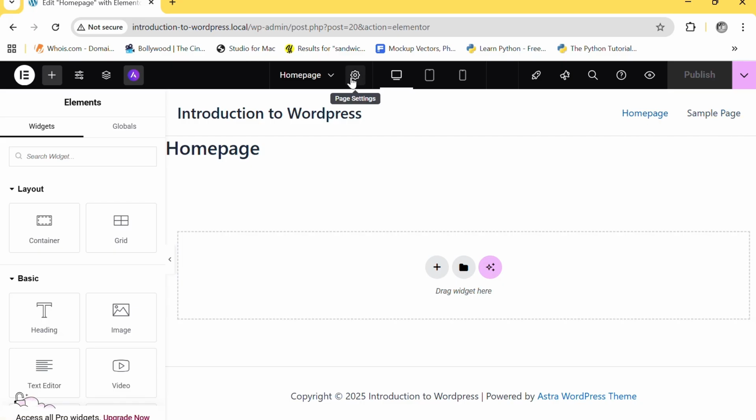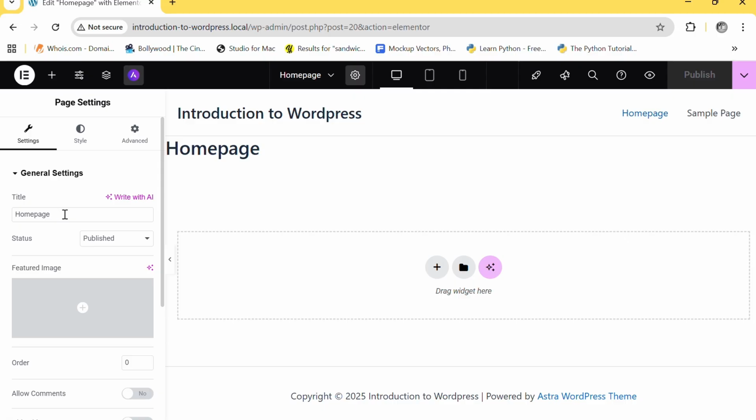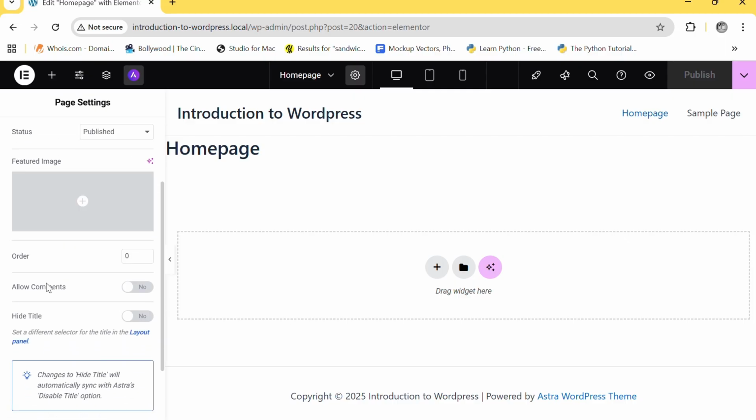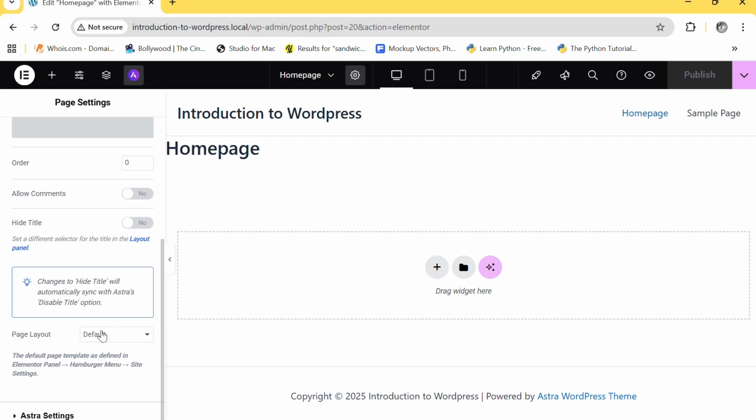Then if you navigate to this section, you can see that this is the title of the page. You can see allow comments, add title. So then this is the page layout, the default page layout that we have. We want to use canvas. If you click on it, you will see Elementor canvas, Elementor full width, and theme. Elementor canvas, like I said, is like a plain sheet where you can work, you can sketch, or do whatever you want. Then we have the Elementor full width,